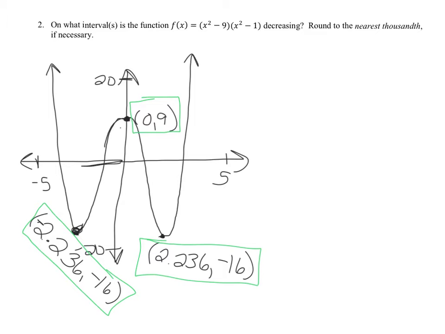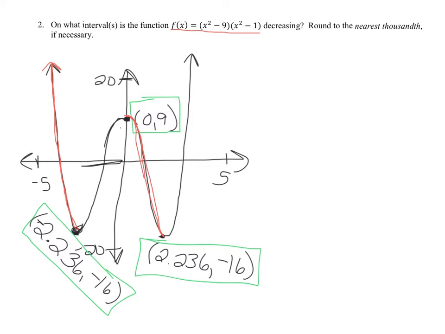So in this problem, I already drew the graph from my calculator, so we can just talk about the different points. We want to see where the function f of x, which is graphed below, is decreasing. So I labeled the maximum and minimum points because that's what's going to help me answer the question. There are other points like roots I could have labeled, but they don't have a whole lot to do with this one. So first off, my function is decreasing here in this red section, and also here